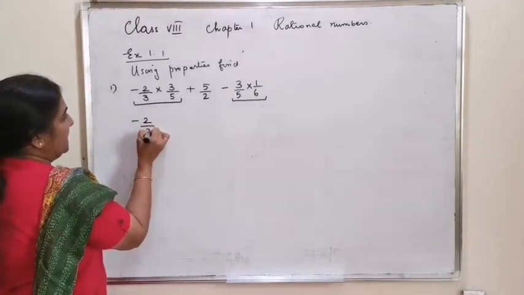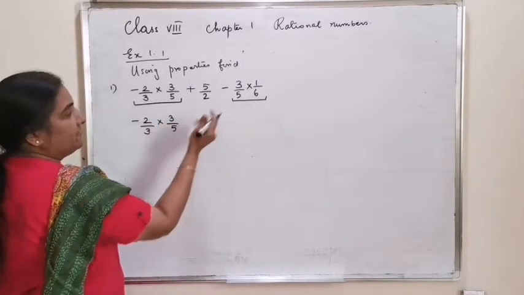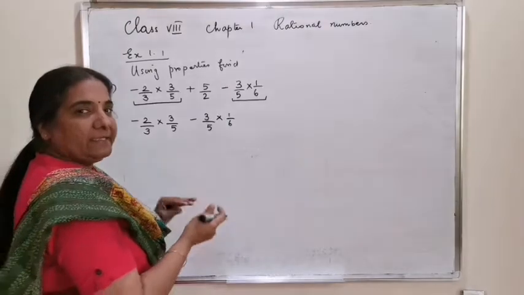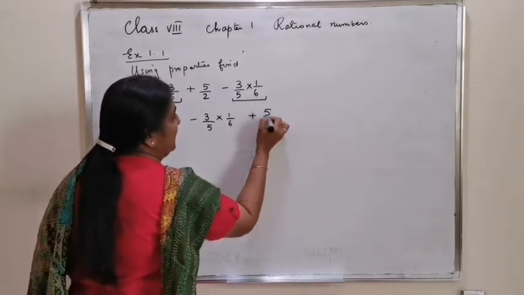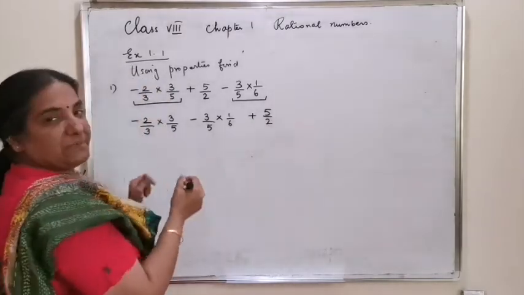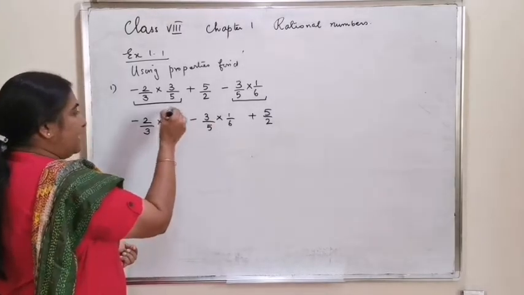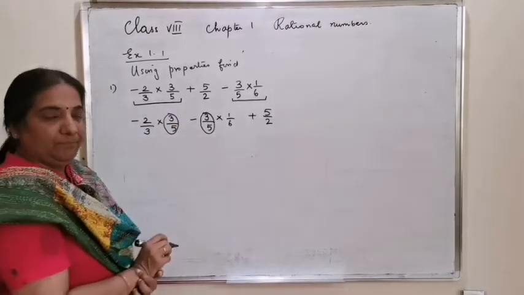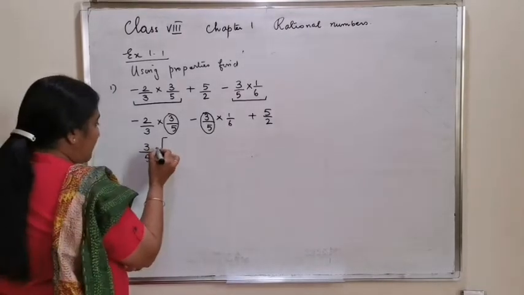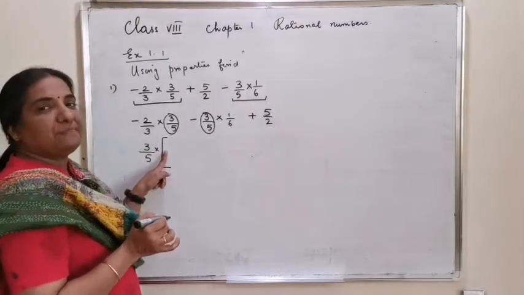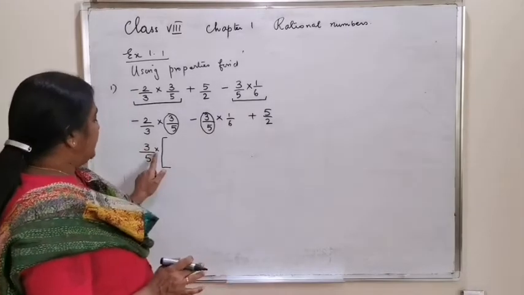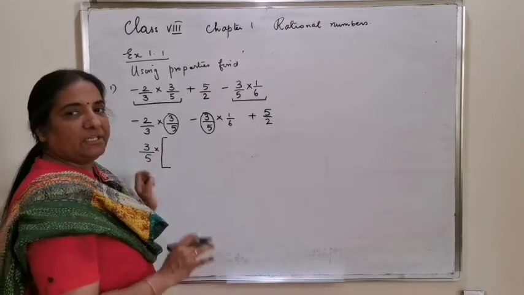First arrangement is minus 2 by 3 into 3 by 5. You are just bringing that number close by, or it is like arrangement, and plus 5 by 2 is towards the right. Now, as per the distributive law, 3 by 5 you can see as common. 3 by 5, if you take it, even if you put this multiplication symbol, this bracket itself satisfies the need of a multiplication. So there is no need of a separate symbol here. Even if you put, it is not wrong.